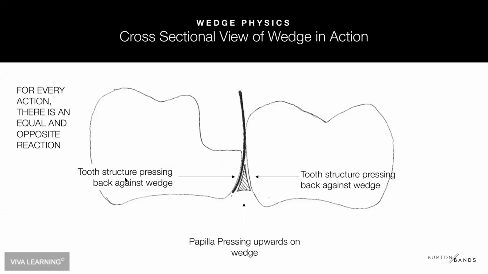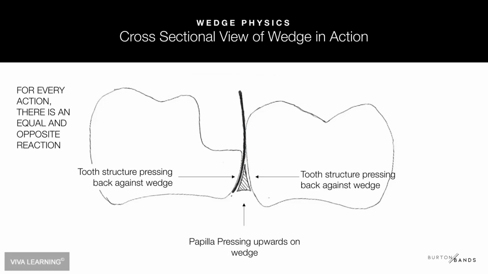So to introduce wedging and what's happening when we are wedging, I've come up with this diagram. It's called wedge physics. And if anyone has taken any of my other courses, you've seen it before. But it's a quick way to explain what's happening while we're placing wedges in and why in some cases, when we get to the wedging step, things just kind of go wrong. And so there's a key physics